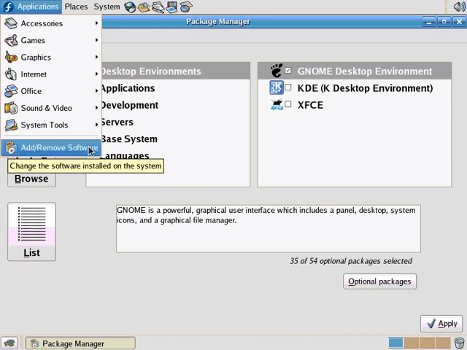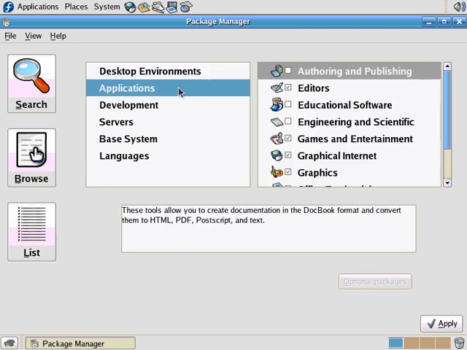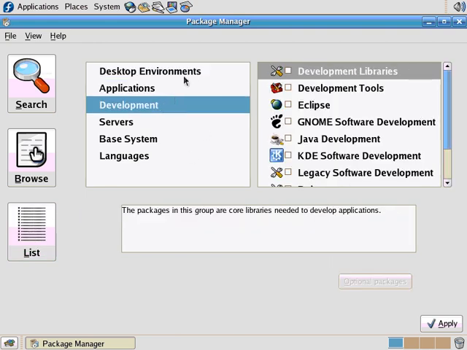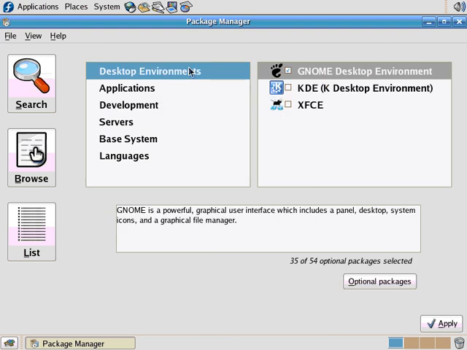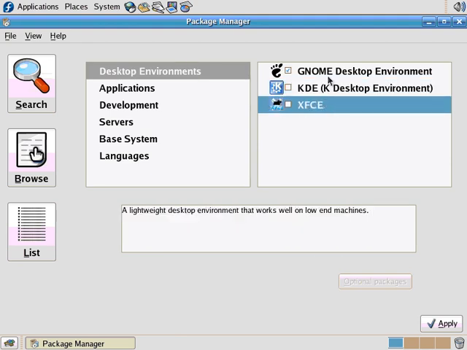So I clicked on that, and it takes a little while to search through the database. So I've gone ahead and started it up already for us here. And this interface has changed dramatically since Fedora Core 4. It's much improved. It has a search, browse, list function over here. So what I can do is I can scroll through these different areas here. And for instance, in the desktop environment, there's 3 different packages I can install over here. And notice if I click on them,